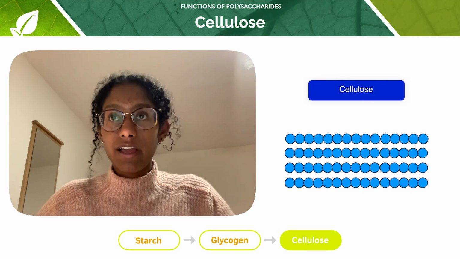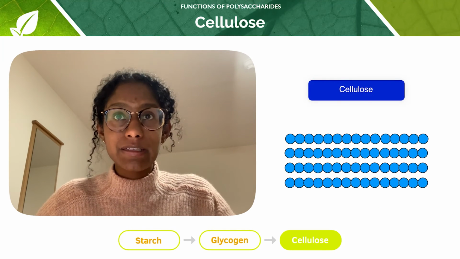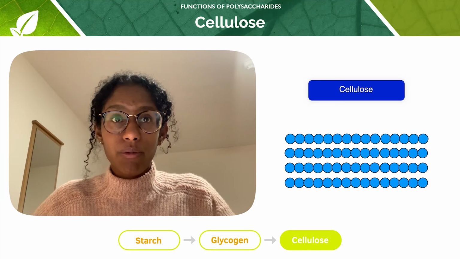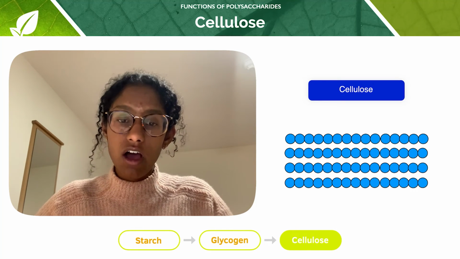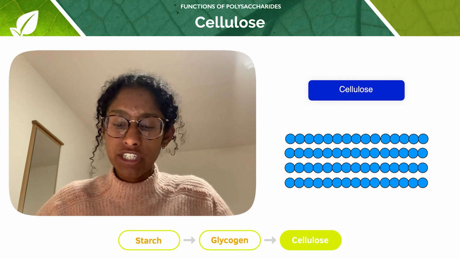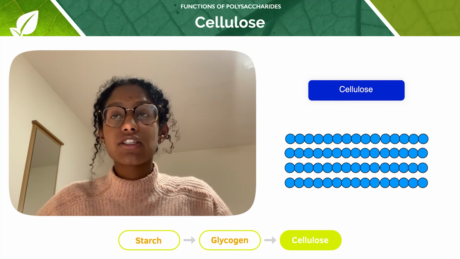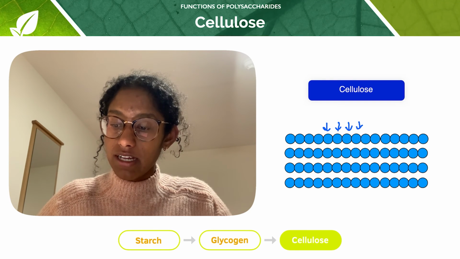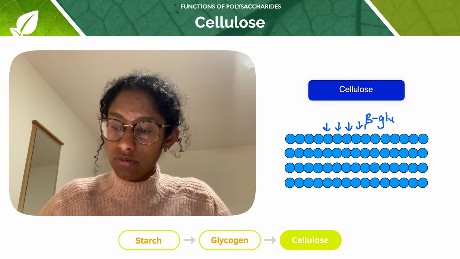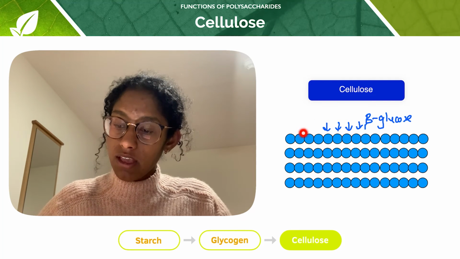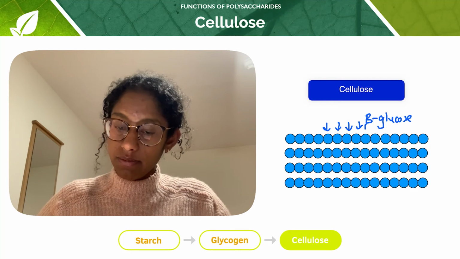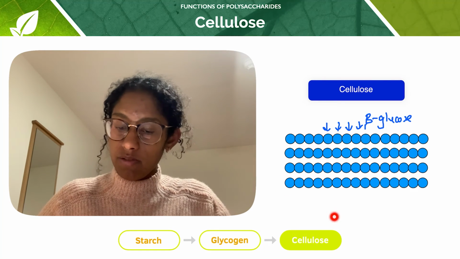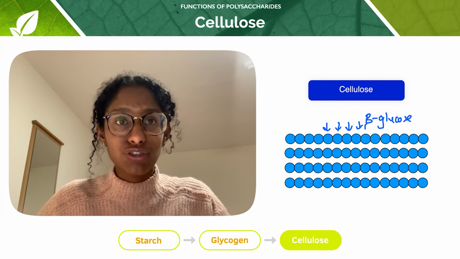Okay, so now that we've talked about glycogen, let's think about cellulose. So we're going back to plants here. So cellulose has a structure adapted to being strong. So the chains of cellulose form these tough microfibrils, which give it strength. So in contrast to glycogen and to starch, cellulose is made of beta-glucose monosaccharides. So that's one contrast to think about. And it's arranged in these linear structures to form chains of cellulose. And it forms these tough microfibrils which give plant cell walls really good structural support, which is one of the